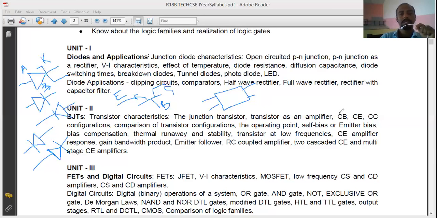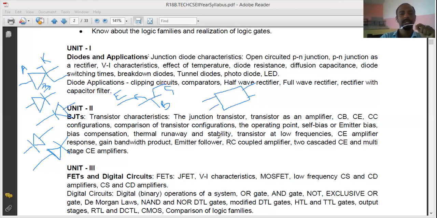Now, the transistor works in a different way in each of these modes or configurations. So that is why you have to study these configurations. As you know, they are different. That means an N-type, P-type, and the regions are different. The emitter region and collector region are large, the emitter region is small, and the base region is very, very small. So the charge carriers also vary. Therefore, when you connect in different configurations, obviously their way of working will be different. So you have to study how they work in different configurations.